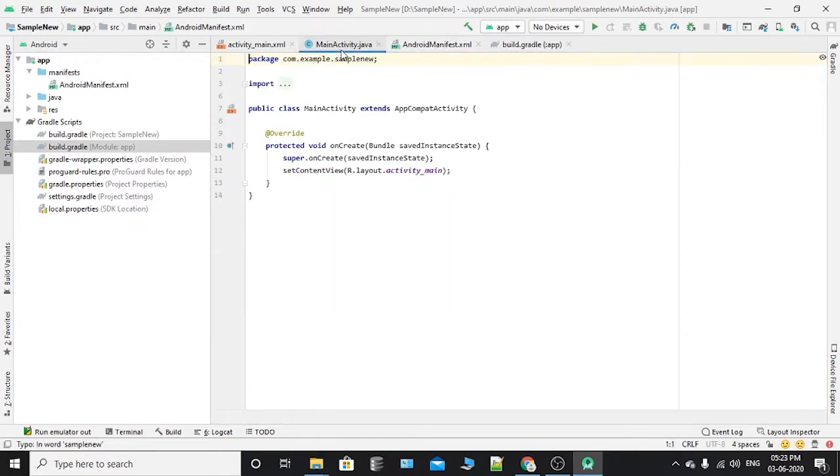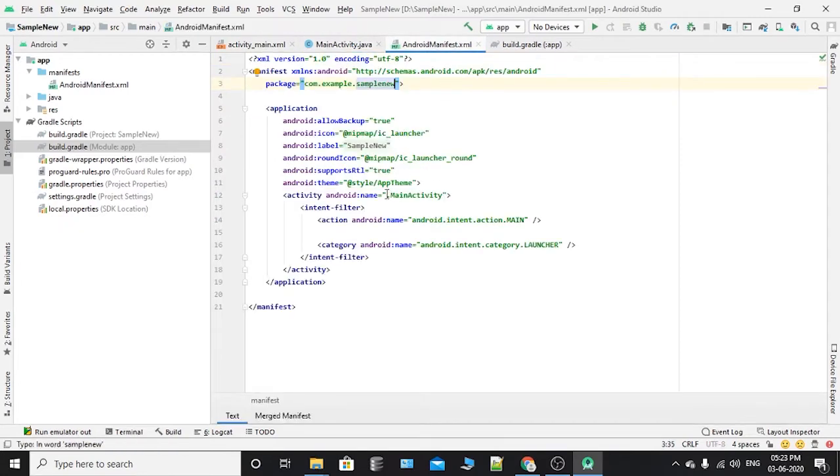For example, main activity class is created at the end of the package name, which means this one. In default, here it will take this package name here. So it is simply defined here dot main activity dot Java. And the name in the manifest package attribute should always match a project's base package name, where you keep your activities and other app code.